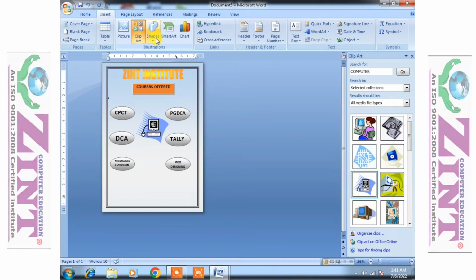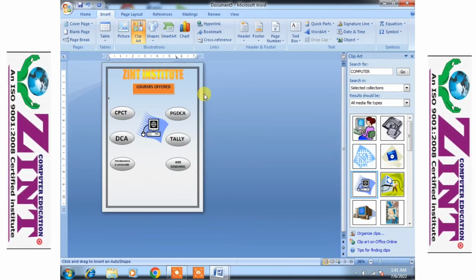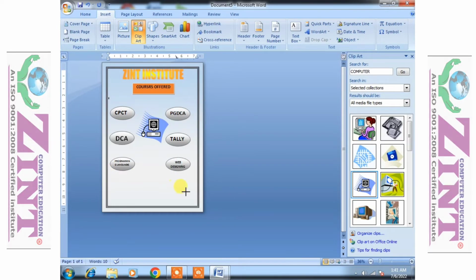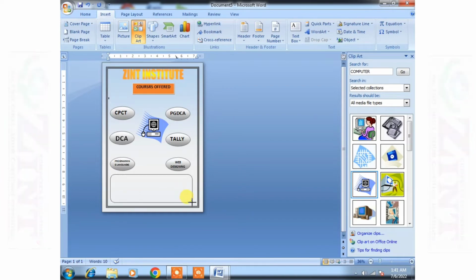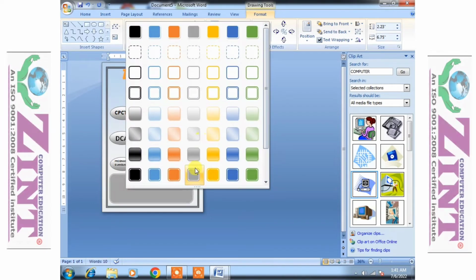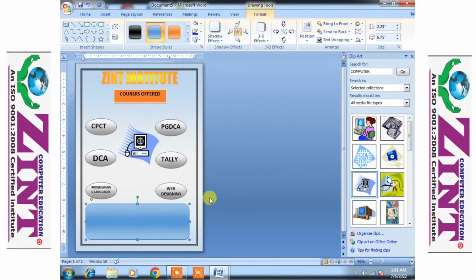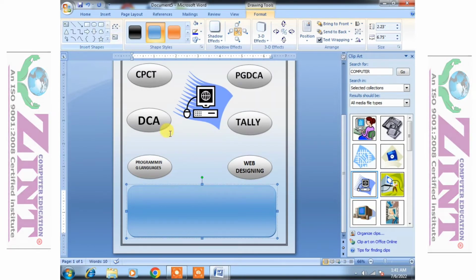Now take an extra shape where we can highlight our institute facilities, which make our institute better than others.